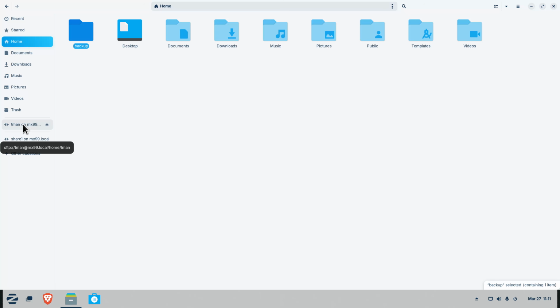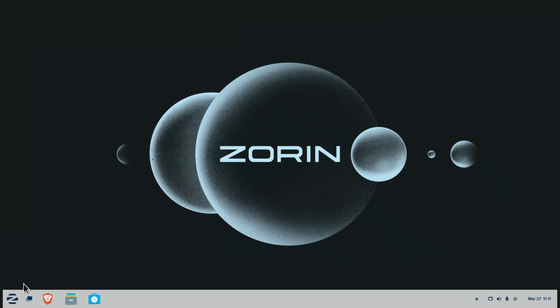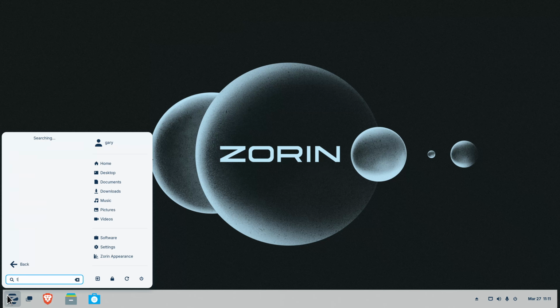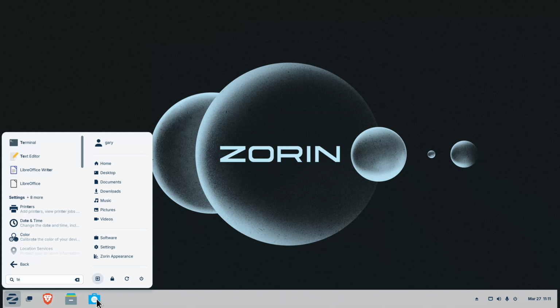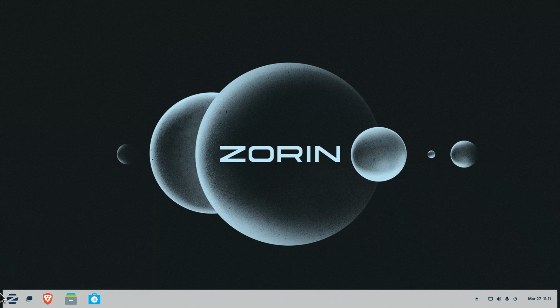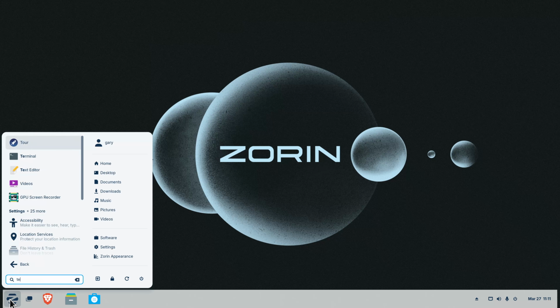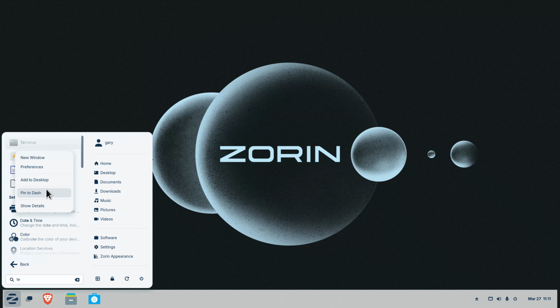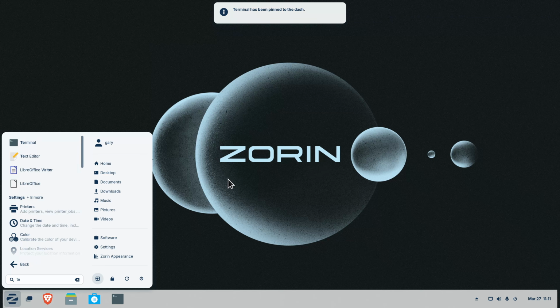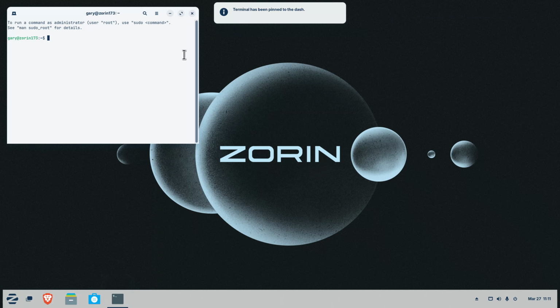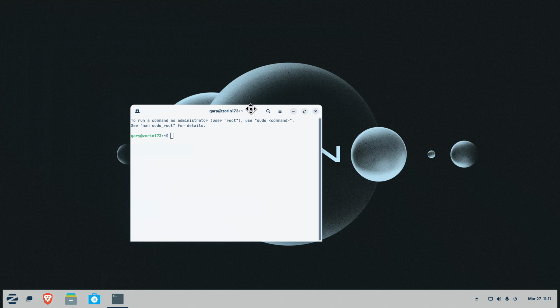mx99.local. I can also log into that machine remotely, even with Zorin. So we have terminal for that. All right, so basically you can also put the terminal on your panel. So if I type in TE and I right click, you can add it or pin it to your dash or desktop. Now it's sitting here. To use SSH, I have shown plenty of videos in the last 2 months